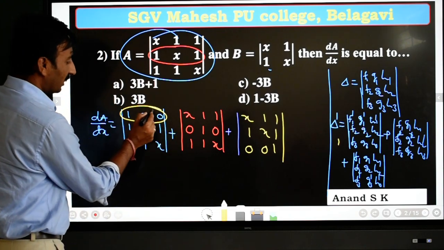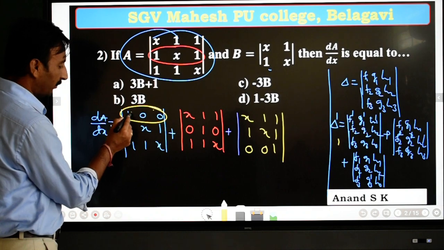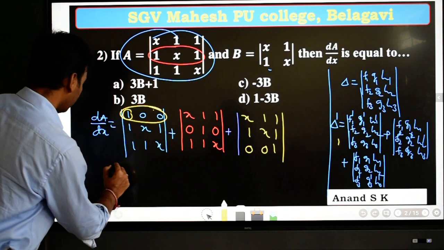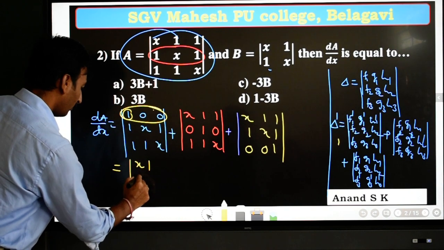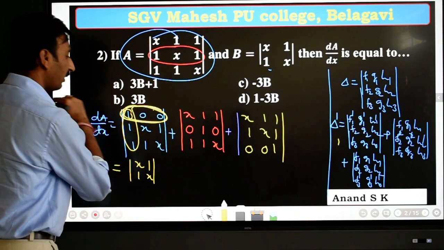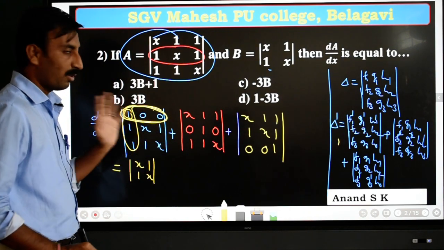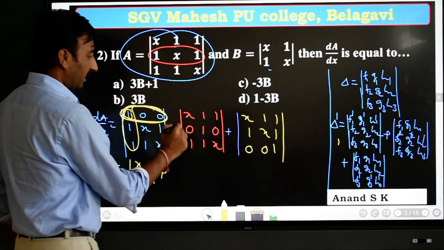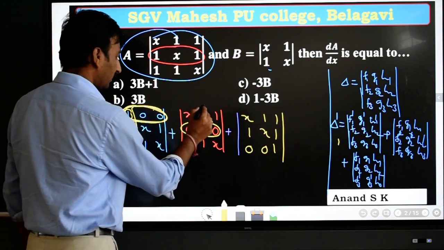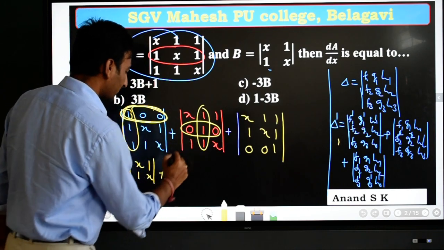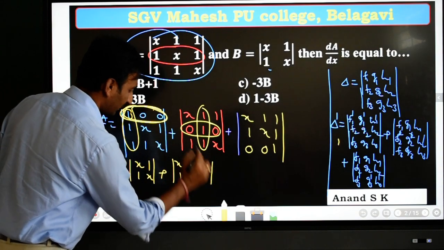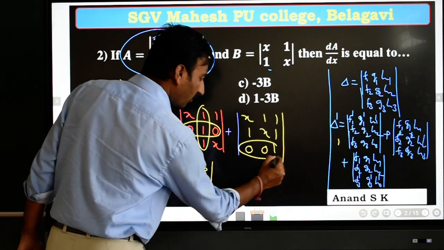So look at these two are 0 here, hence only the multiplied with 1, the rest of that minor you are getting. So that minor is here x1 1x. How? Because the complete this column, complete this row will be eliminated and you get x1 1x. Plus similarly here if I expand along the second row, similar way the second column, second row vanish, the remaining minor is x1 1x. Plus the third one, if you expand along the third column,